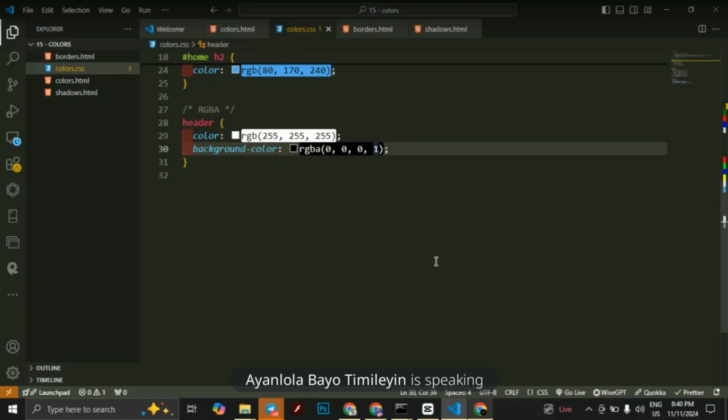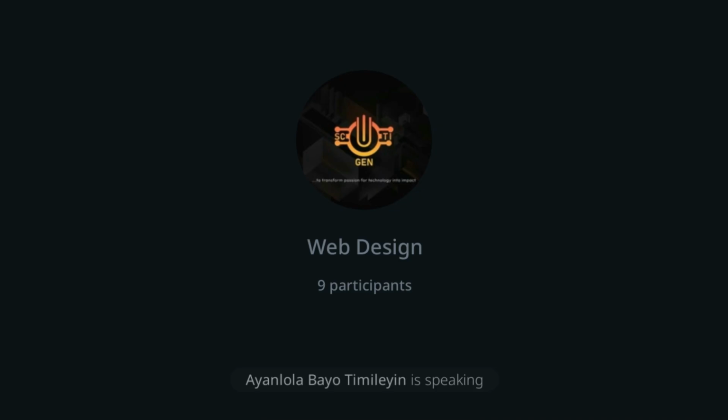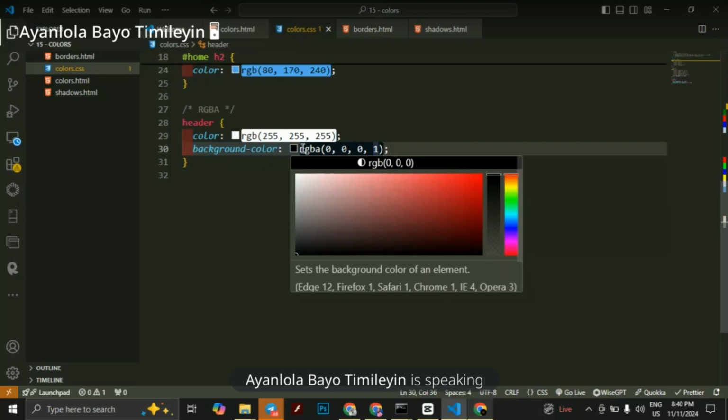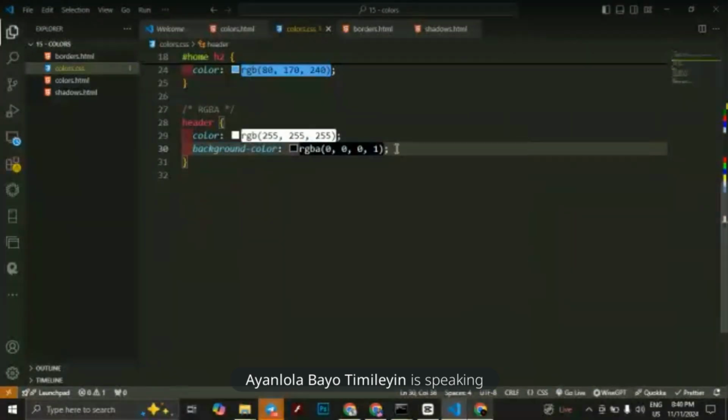It mustn't really be black. You can play around with other colors, so other values for each of these color types, that's red, green, and blue. So the next one is